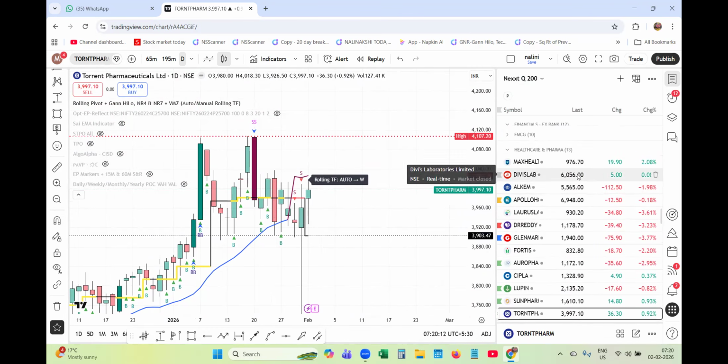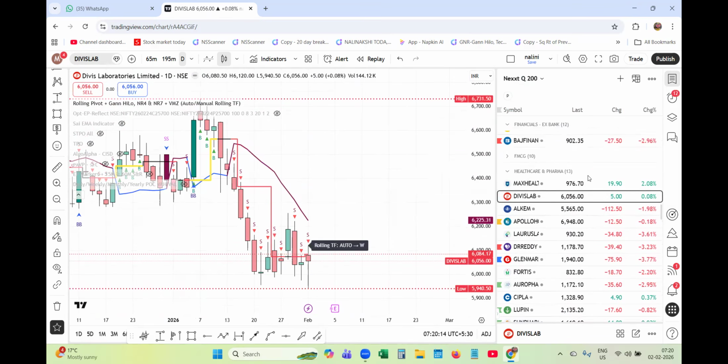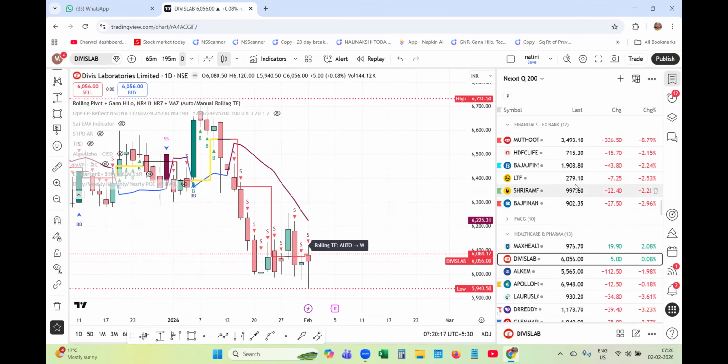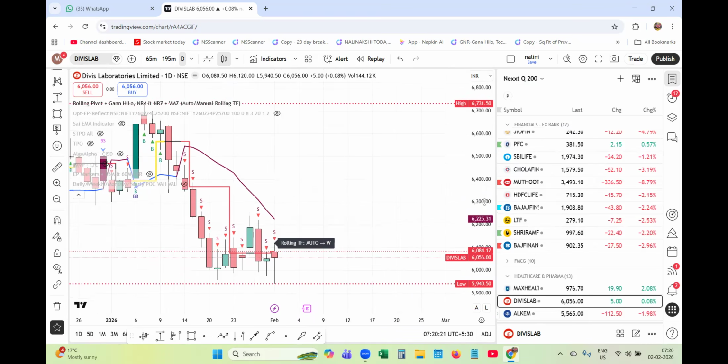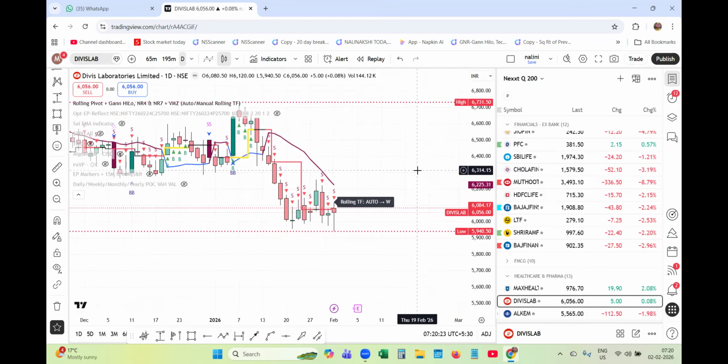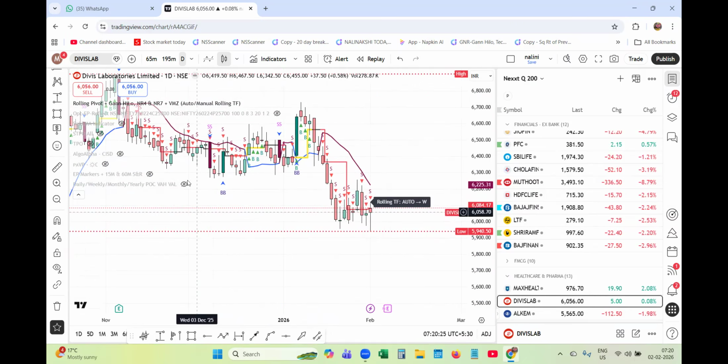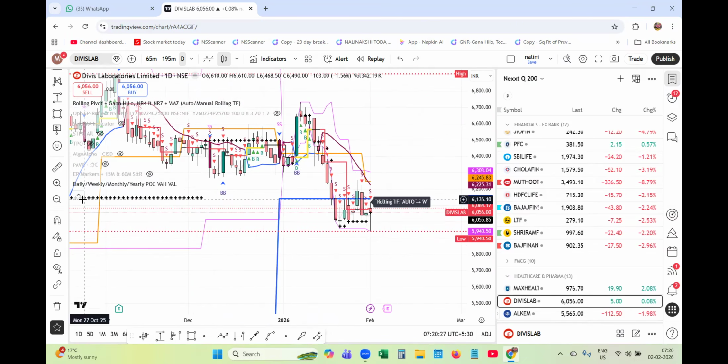So if I go on and on, there will be a lot of things. I'm not going to do that. Anyway, what I have shown you is the picture of the Nifty, and I have told you that with the help of POC and all, we can make out what it is doing.